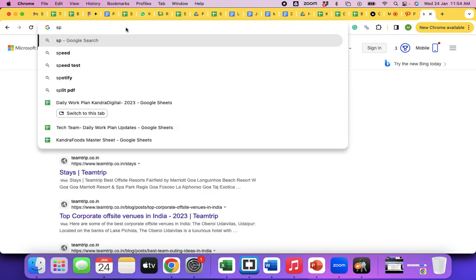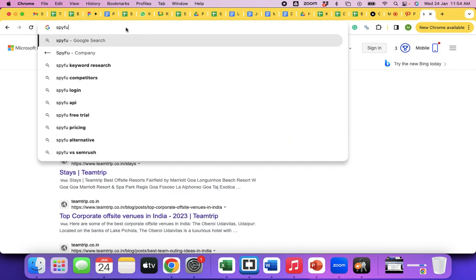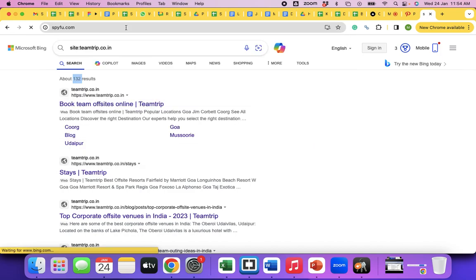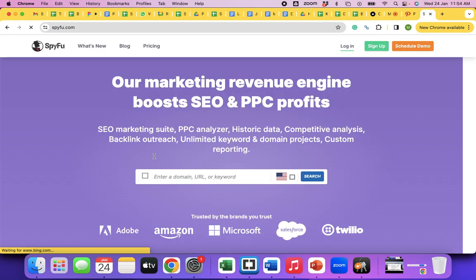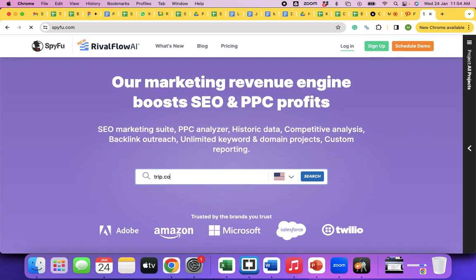Okay. So SpyFu, I'll show you for this website as well. Spyfu.com. It will be zero probably because that's a very new website and may not be ranking for many keywords. It's free, sir. No paid version, they will give you free access to check one or two.